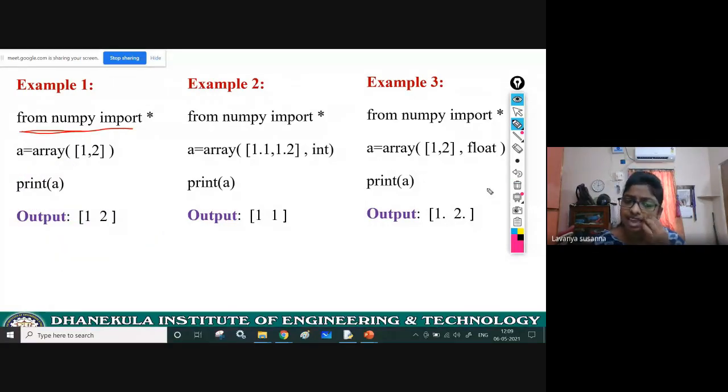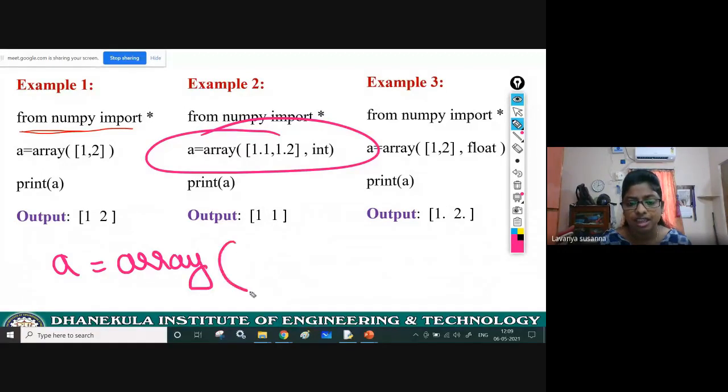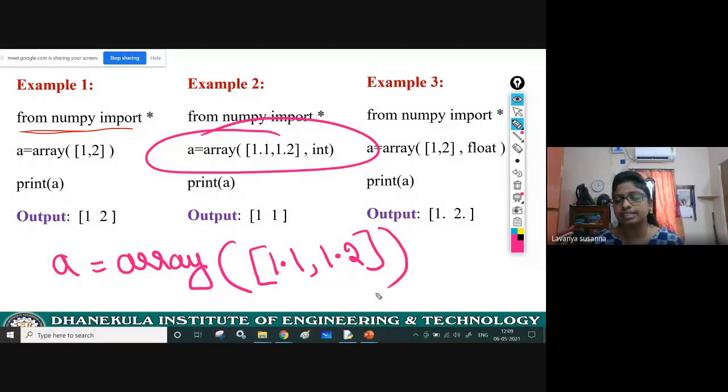Next, see another example. Here you can specify like this also. A equal to array. Here I am giving floating point numbers 1.1, 1.2. If you create like this and print it, it will print 1.1, 1.2.